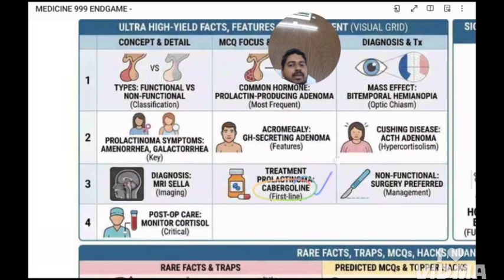Treatment for prolactinoma is cabergoline. Cabergoline is basically a dopamine agonist. So you know that dopamine inhibits prolactin, and that mechanism we are using here. In non-functional tumors, that is tumors which are not secreting hormones, they will prefer surgical management,